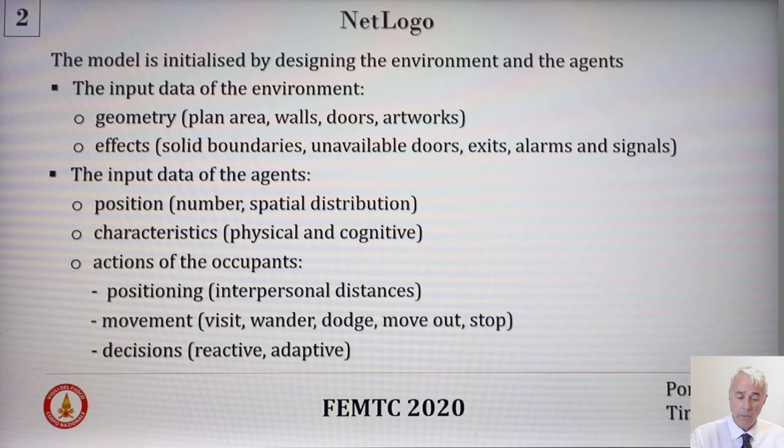The input data of the agents deal with the position, so number and spatial distribution, the characteristics of the agents, both physical and cognitive, and the actions of the occupants, that is the positioning, especially the interpersonal distancing, movement to visit, wander, dodge, move out or stop, and the decisions to be made that can be reactive or adaptive. Reactive in response to some previous actions, or adaptive trying to find a better achievement for the subsequent step of